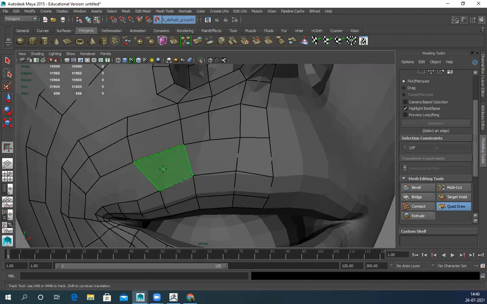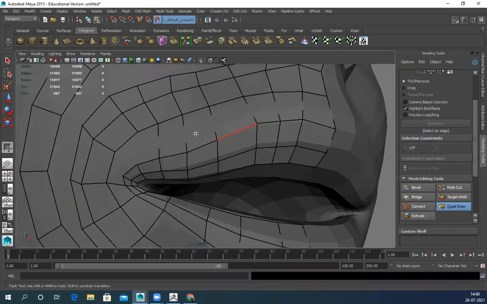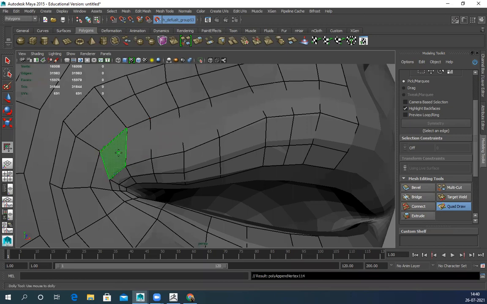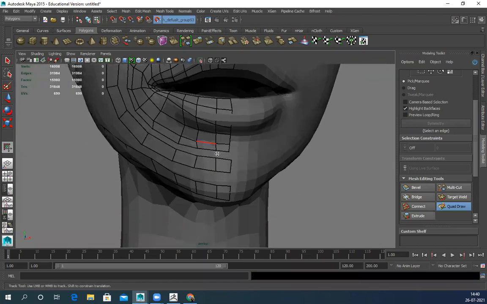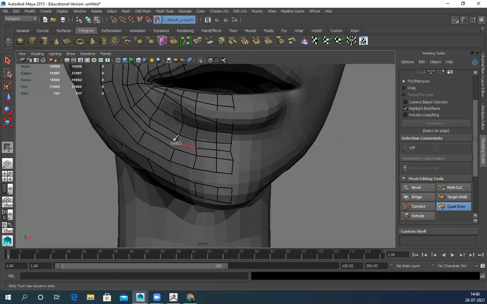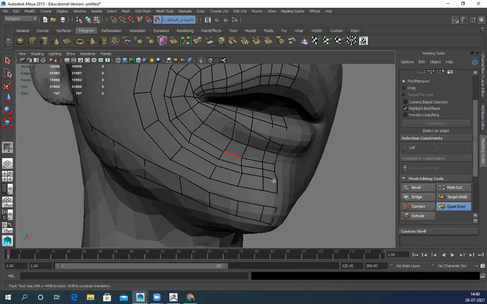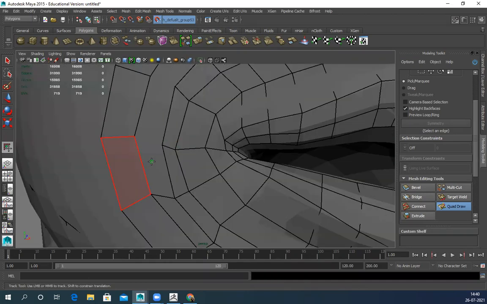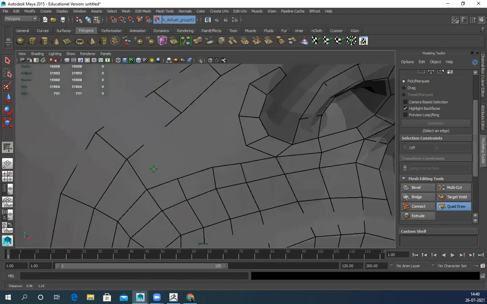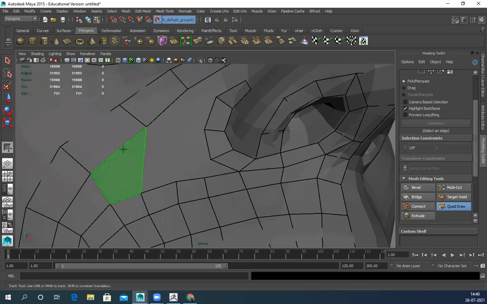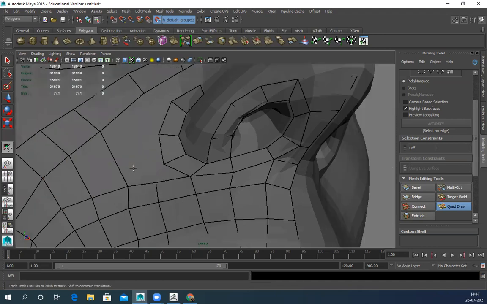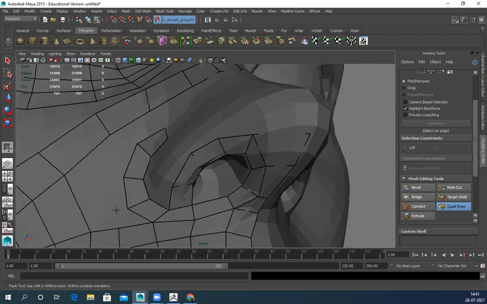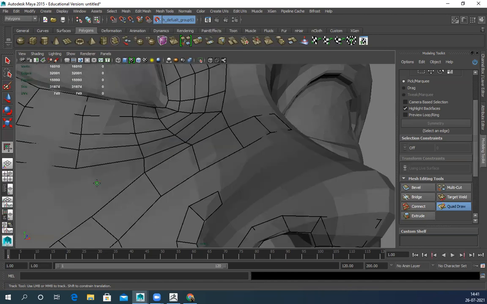This one, I guess I need one loop here, one loop here, and one loop here. All quad. Connect, connect, connect.